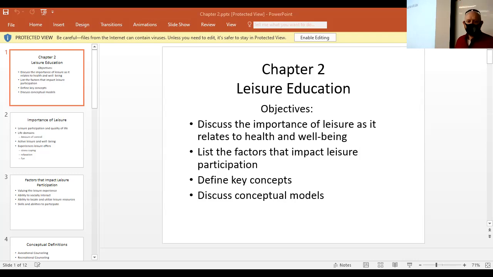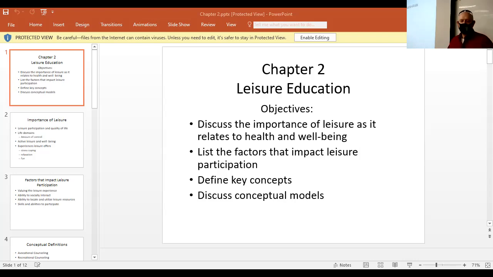The systems approach model has 5 components, and it talks about leisure awareness. We've already talked about that. Self-awareness, we've covered that. Decision making. Are they able to make decisions for themselves regarding leisure and recreation activities? If they are, you need to let them. That falls right in with least restrictive environment and letting them be as independent as possible. They need to make decisions as many as they can.